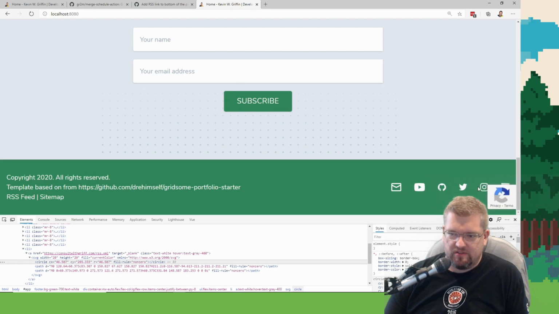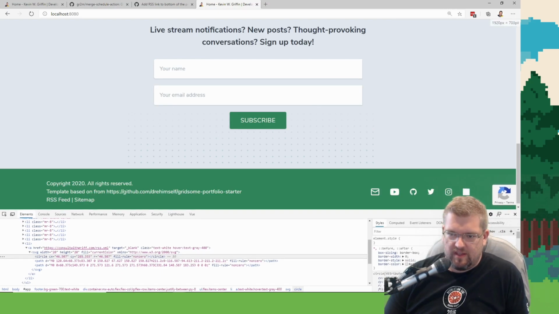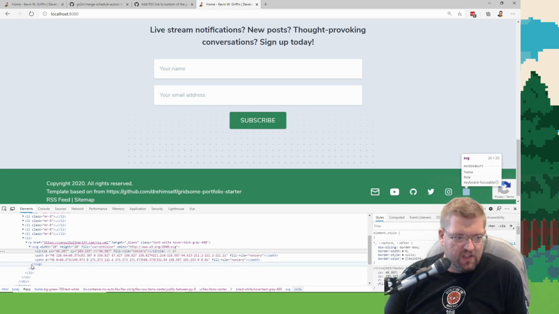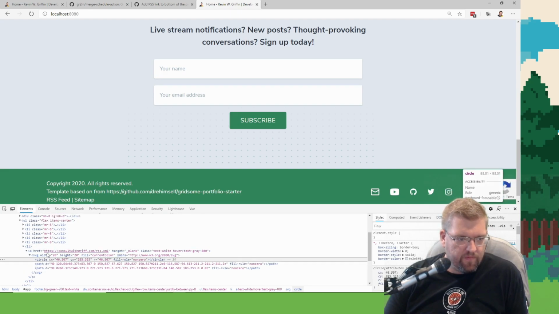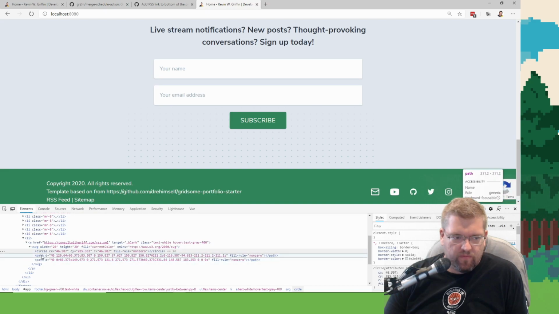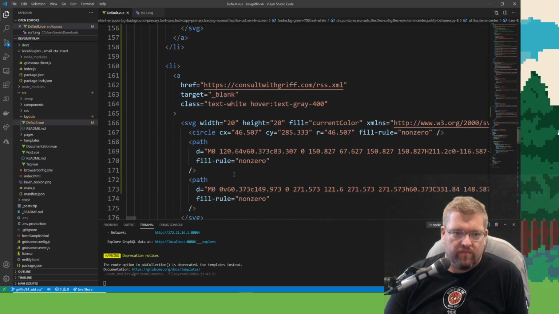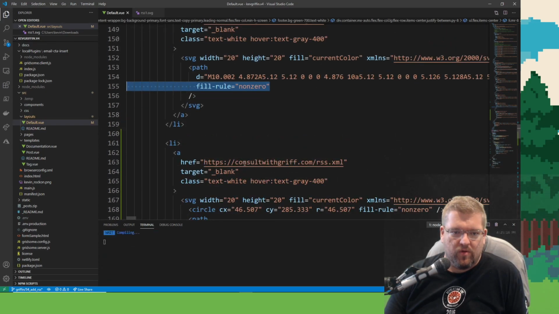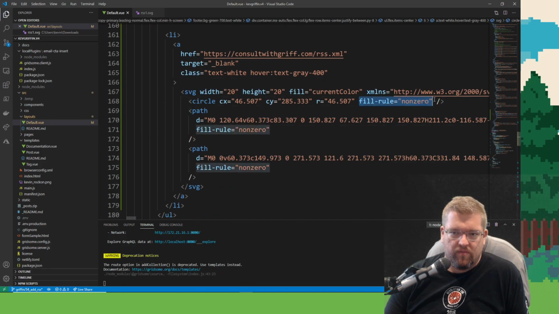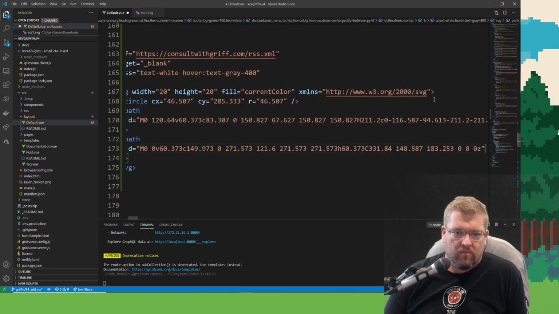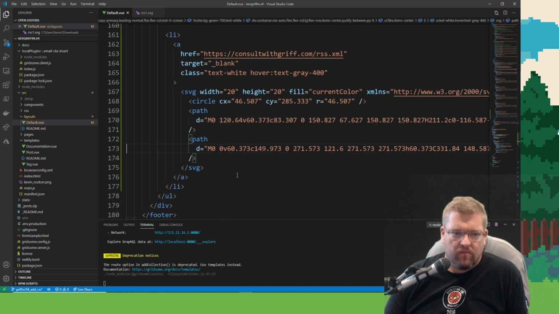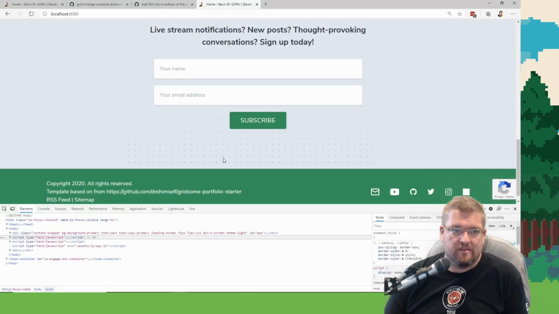Come on, get out of the way, CAPTCHA. No one cared about you. All right, so that's supposed to be a path. I wish I knew more about SVG. If I remove the fill rules. No. Remove the fill rule from the wrong one.